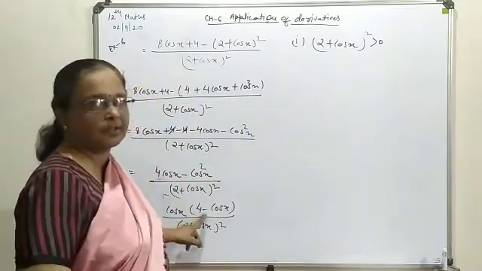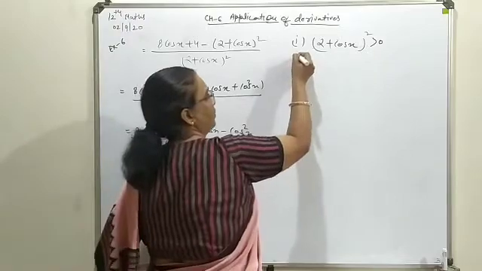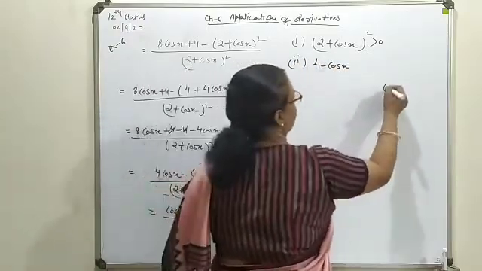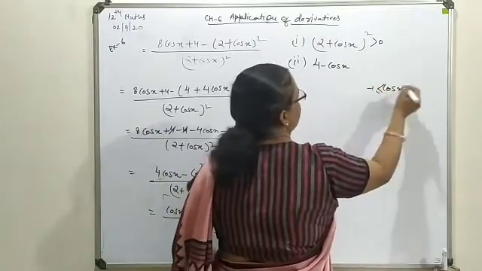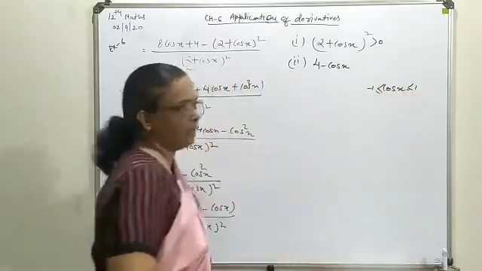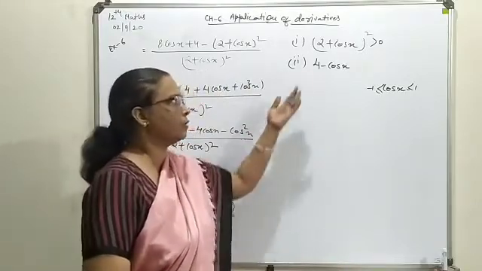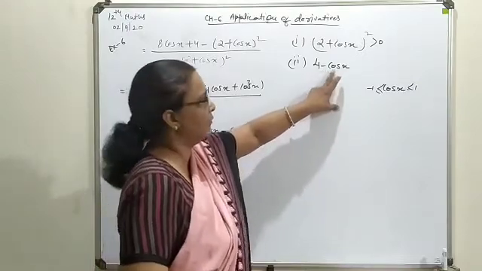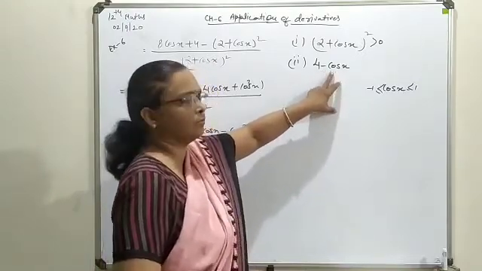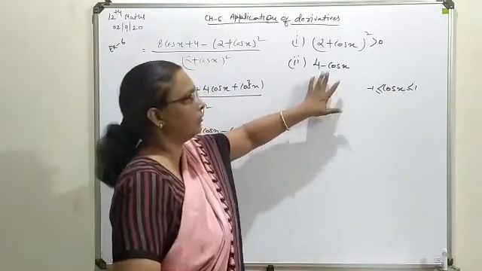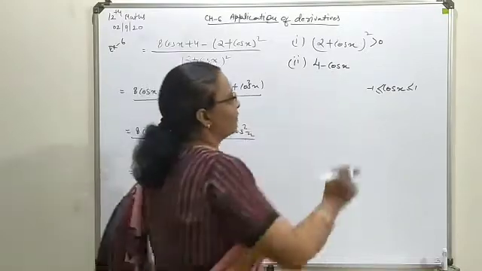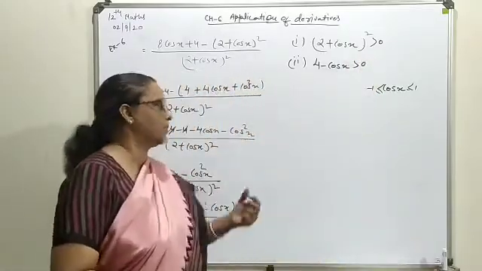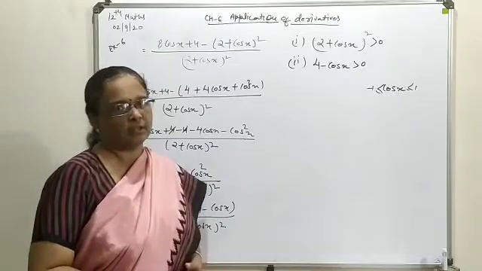Next we think about this second bracketed term, that is 4 minus cos of x. We know that cos of x is lying between plus 1 and minus 1. So for this range, if you substitute minus 1 it turns to 5, and if you substitute plus 1 it turns to 3. So it will never give you a 0 solution, and second, it will always give you a positive solution. So overall we can say that this term is also a positive quantity.